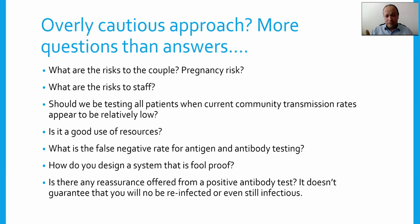What is the point in an antibody test in our setting? All it tells you is that somebody's been infected. It doesn't necessarily guarantee that they can't be reinfected, and it doesn't even guarantee that they're not still infectious. They may have mounted an antibody response, but it may have been ineffective, and they may still have virus in their system. So there are so many questions,